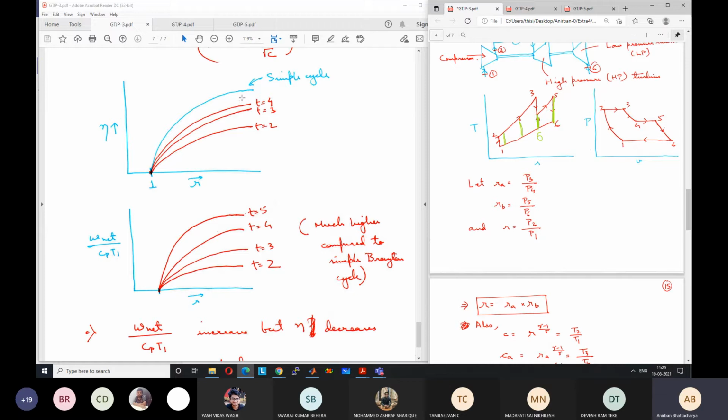This is because of the heat addition that occurs. You need some extra heat addition to occur, and for that extra heat addition, the work output that you are getting is not at the efficiency that you would have got for the simple Brayton cycle. In other words, you can say that the average